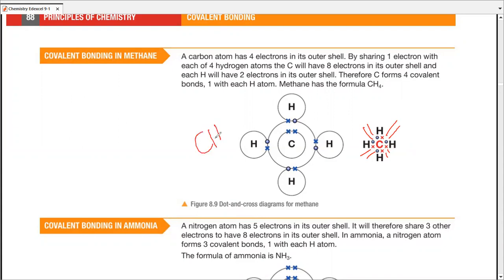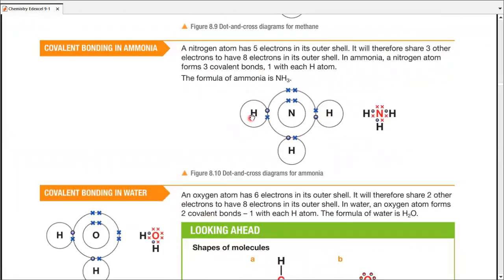But that's for the formula of methane, right? When we talk about ammonia, in case of ammonia, it has 5 electrons in its outermost shell. So it tries to grab these three. Sorry, my bad. Actually, they were supposed to be dots, not crosses. So these three, this dot, and this dot. And that's how 5 plus 3 is equal to 8. It completes its octet. Make sense? Good.